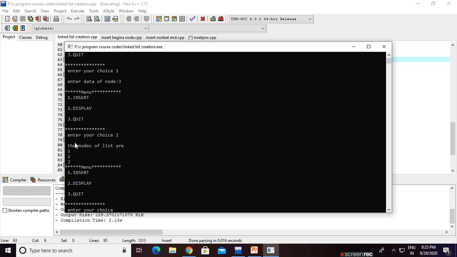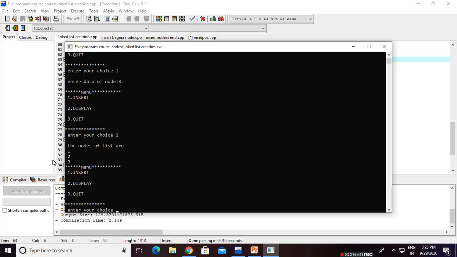This is our list. First node is 1, second node is 2, third node is 3. As far as the linked list is concerned, the position is the same as an array, that means indexes start from 0.